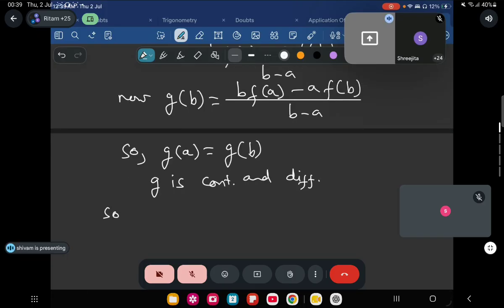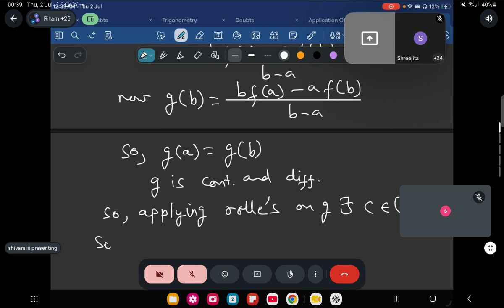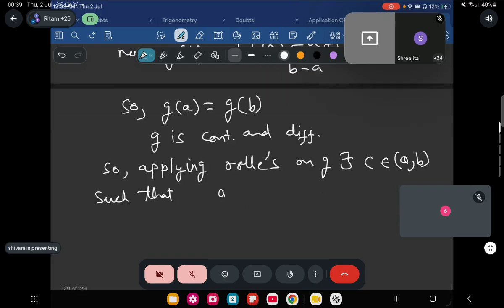So applying Rolle's theorem on g, there exists some c belonging to (a, b) such that g dash c